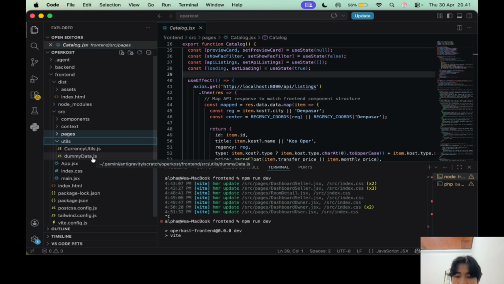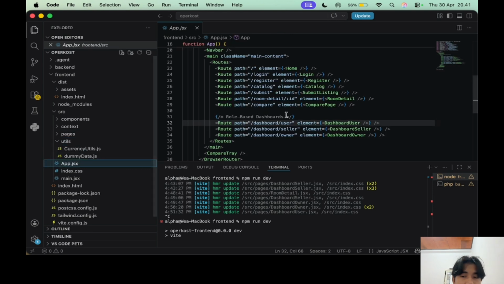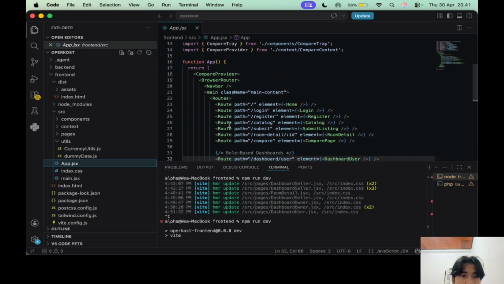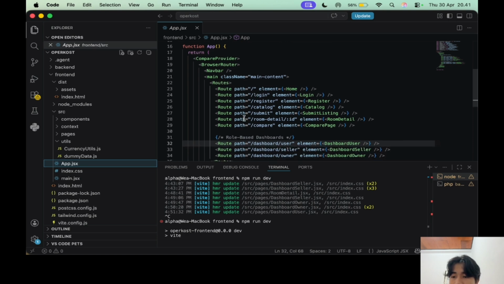And then next is React Router. For basic routing, I use the React Router DOM library, which is configured here in App.jsx. The file acts as the navigation controller.